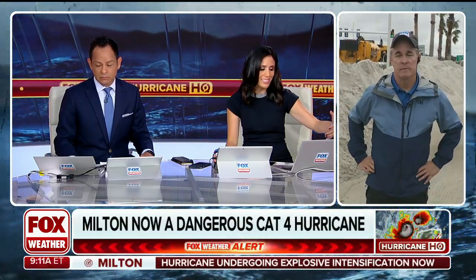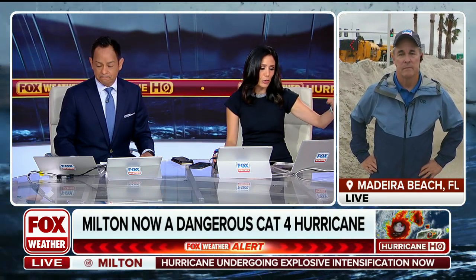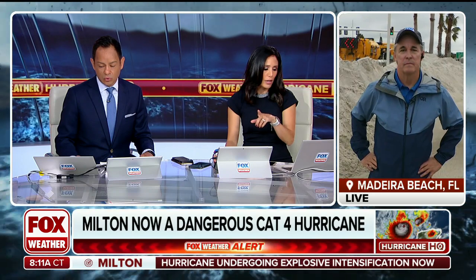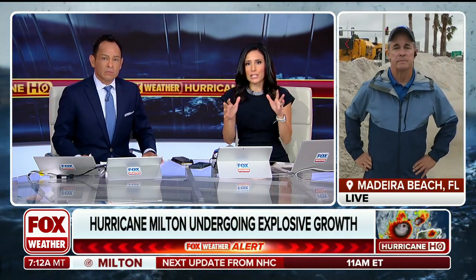They have Milton now intensifying to a Category 4 hurricane. At this very moment, Milton, a Category 4 hurricane with maximum sustained winds increasing to 150 miles per hour and the pressure falling to 940. So let me ask you as well, we're talking about this two-week stretch of major hurricanes making landfall in Florida,